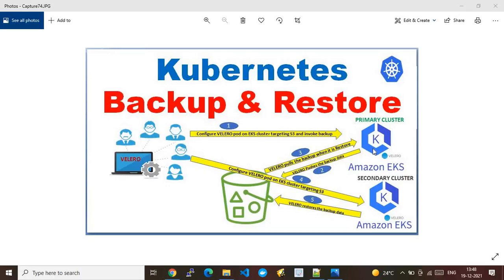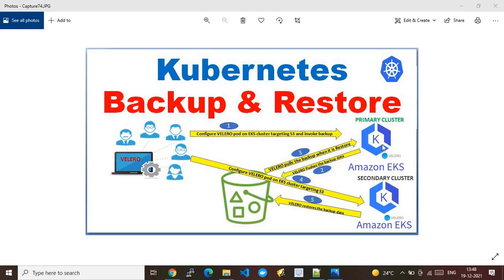When it initiates a backup, the application which we configured on the AWS EKS cluster will automatically be backed up, and it will push that backup into this AWS S3 bucket. That is what happens at step 2.